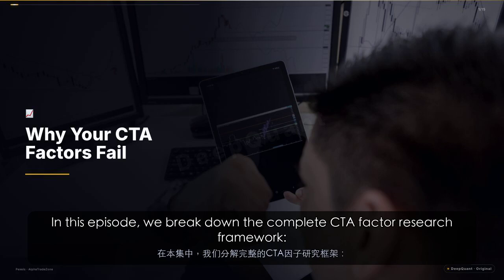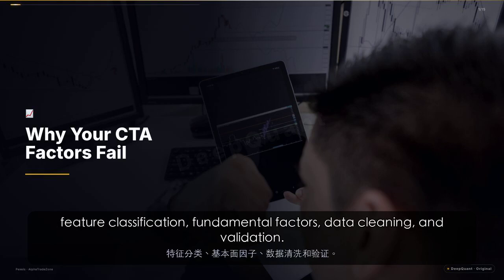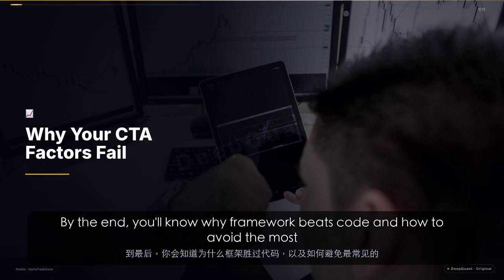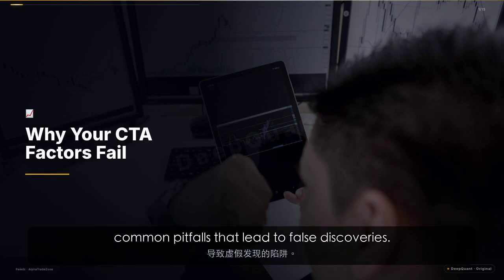In this episode, we break down the complete CTA factor research framework: feature classification, fundamental factors, data cleaning, and validation. By the end, you'll know why framework beats code and how to avoid the most common pitfalls that lead to